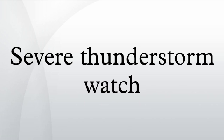Bulletin, immediate broadcast requested. Severe thunderstorm watch outline update for WS 271, NWS Storm Prediction Center, Norman, OK, 11:35 a.m. EDT, Sunday, June 2, 2013. Severe Thunderstorm Watch 271 is in effect until 8:00 p.m. EDT for the following locations: CTC